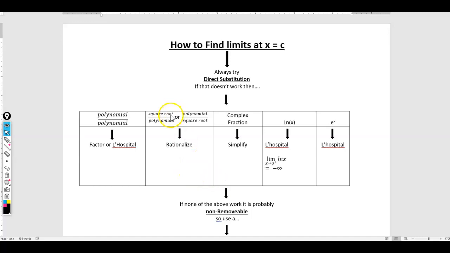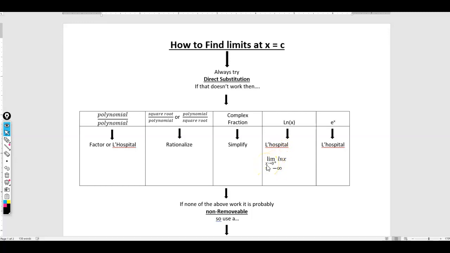Next thing is if you have square roots involved. If you have that, you're going to rationalize, which I will refresh your guys' memory on how to do when we get there. If you have a complex fraction, a fraction inside of a fraction, usually all you need to do is simplify it. And then just so you guys know, with a natural log, you're probably going to end up using L'Hopital. The only thing you really need to be aware of, though, is that